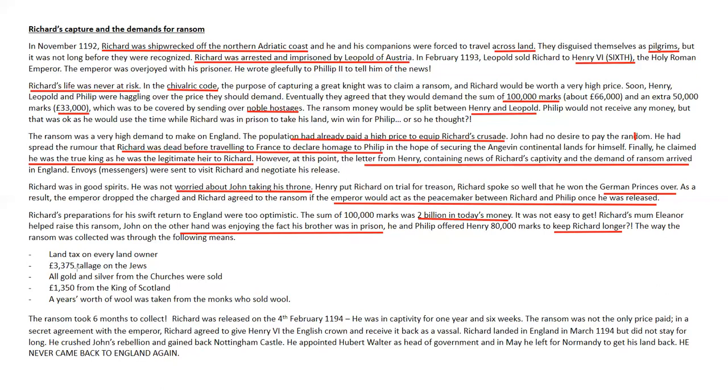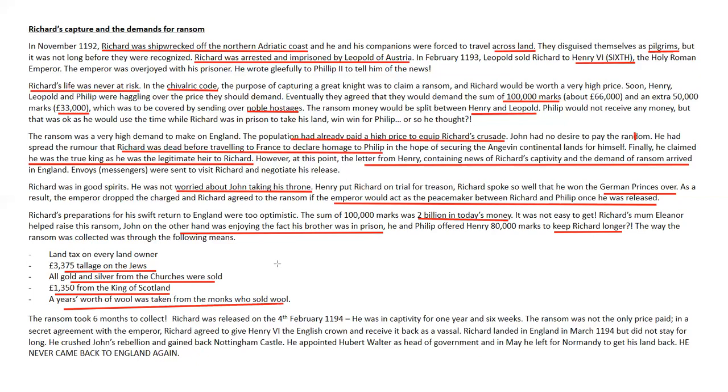Now, the way the ransom was collected: a land tax on every landowner in England. There was a 3,375 tallage on the dues, so tallage is a general tax. All gold and silver from the churches was sold. The King of Scotland gave £1,350. A year's worth of wool was taken from the Cistercian monks who sold wool for their trade. A lot of people sacrificed a lot in England to pay this ransom, which shows how much of a respected